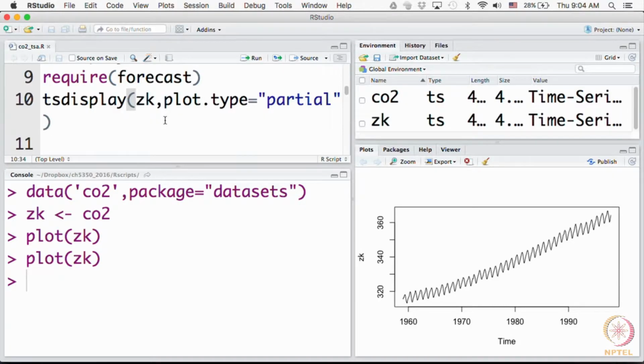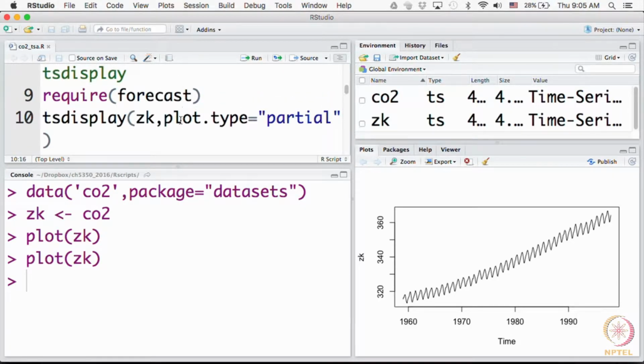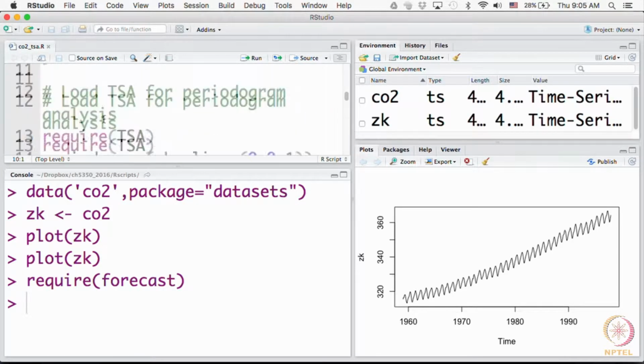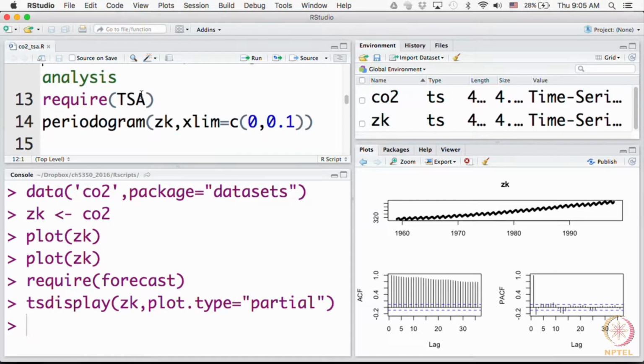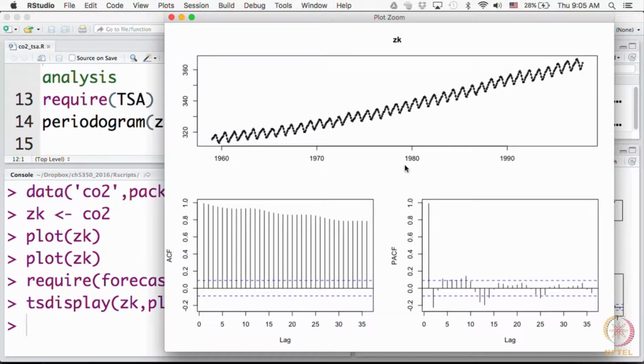Now I am showing you again the tsdisplay routine that comes from the forecast package, and I am executing the script line by line so that you see what is happening. You have seen this before for the other data set, and once again the ACF shows a slow decay.